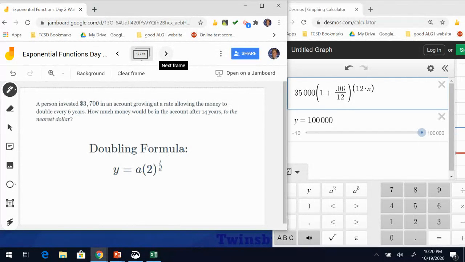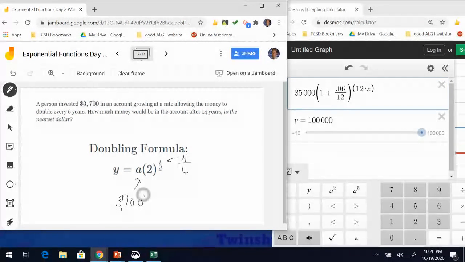Last but not least, a person invested $3,700 in an account growing at a rate allowing the money to double every 6 years. How much money would be in the account after 14 years to the nearest dollar? So ready? Here's your initial amount. What do you think T stands for? That's the amount of time. How long is it going to double? Every what? 6 years? Oh, I'm already putting all my answers in there. So you have